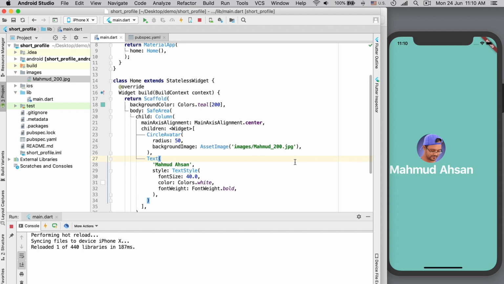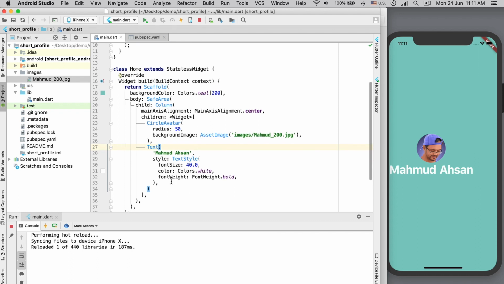And another thing, if you carefully notice, if you know HTML CSS, you will see that in Flutter the properties, especially style properties, are similar to CSS, like font size, color, background image, background color. These are common terms which we use in CSS as well. So if you know CSS, then styling in Flutter is easier than if you don't know any CSS. Anyway,